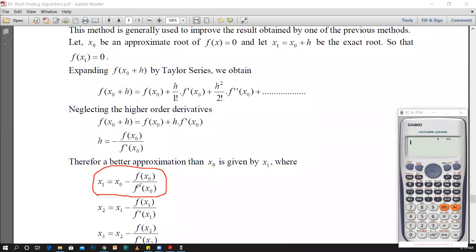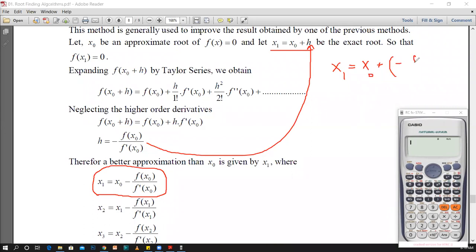x1 can be written as it is because you have defined x1 equals x naught plus h. It is the initial stage that you have defined. But now you have identified that h equals minus f(x naught) divided by f dash x naught. Therefore, once you substitute the value of h in this equation, you will get x1 equals x naught plus the value of h, which is